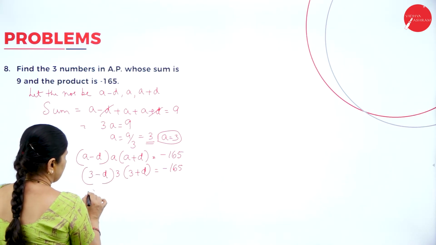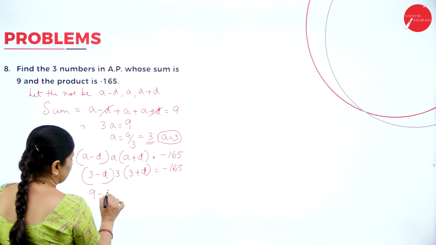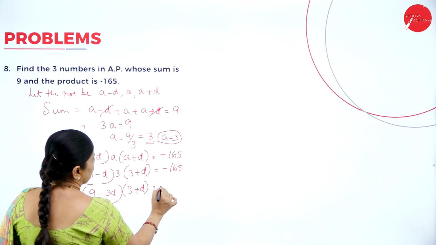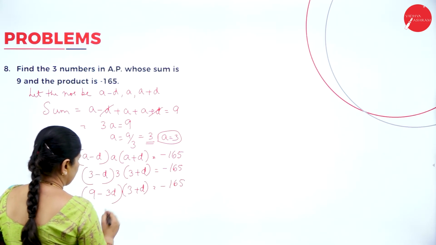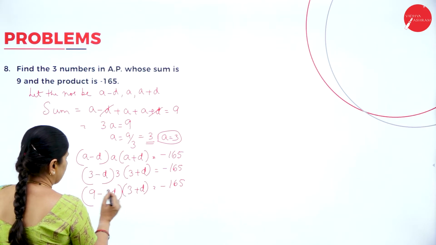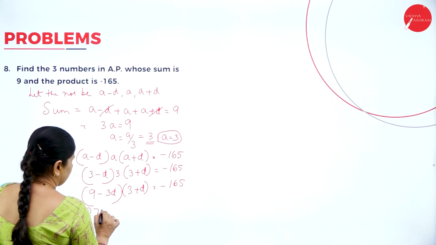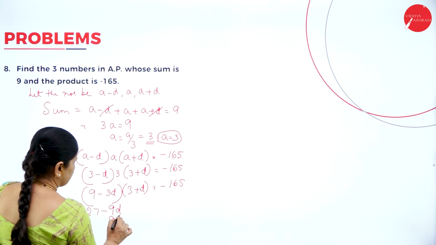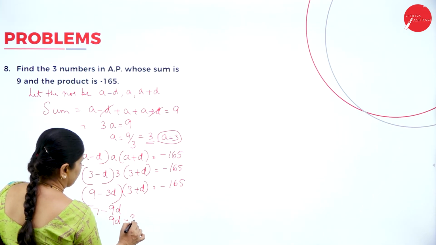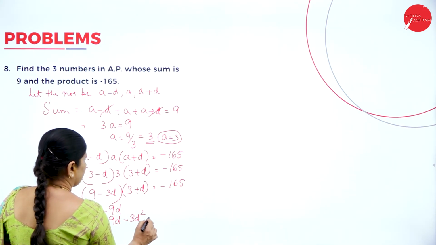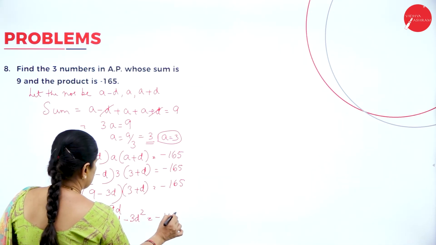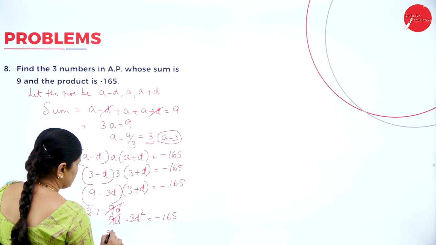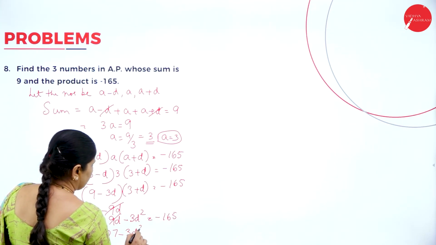So, 3 3s are 9, minus 3D, into 3 plus D equals minus 165. So, 3 into 3, 9s are 27, minus 9D, then 9 into D, 9D, plus into minus, minus 3D square equals minus 165. So, plus 9D minus 9D gets cancelled. So, 27 minus 3D square